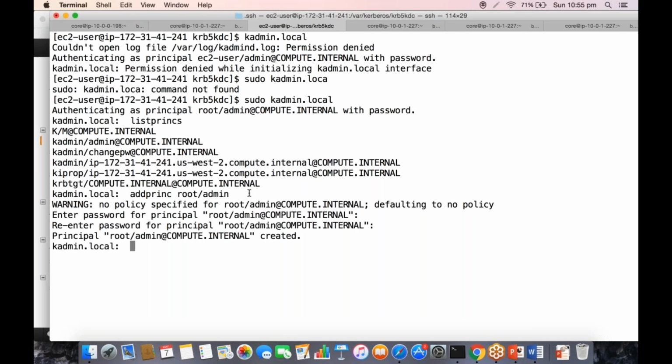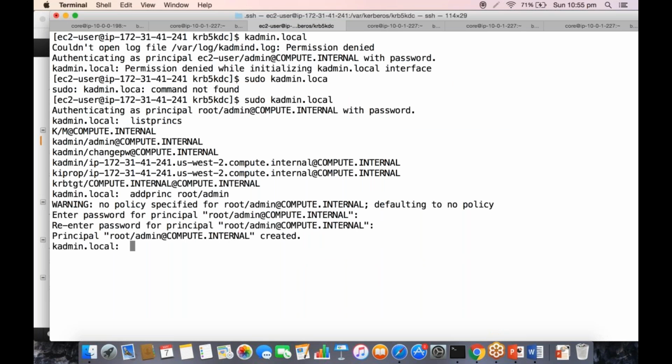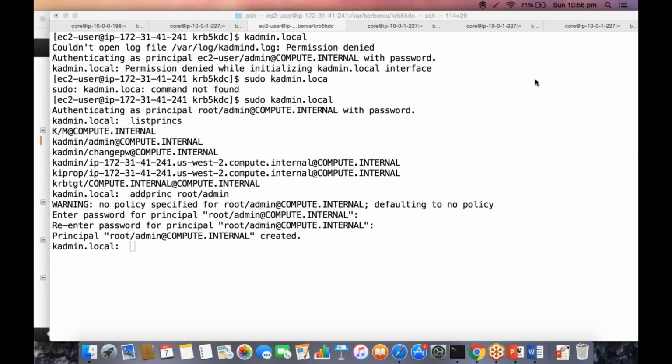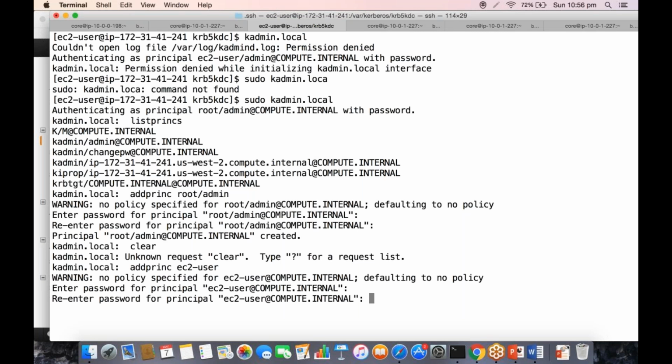In the same command you can give the -p option to give the password. And let us add our normal user, that's add principal EC2-user, and again I'm giving the password as training just for the sake of simplicity.